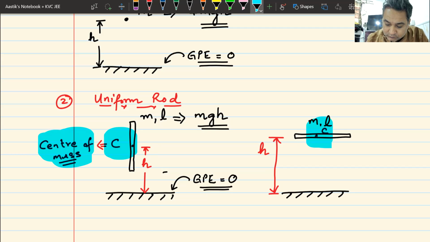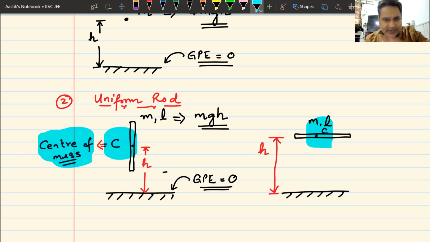Sir, why do we take the center of mass? Let us not get into that. It comes by derivation. We don't know the term center of mass, so I can't explain why the center of mass. If you had known what the center of mass is, then probably I would have tried to explain. But since we still don't know what the center of mass is, it becomes difficult for me to explain it, and it will not serve any purpose right now. I always tell you one thing: need to know basis. You don't need to know this. If you need to know this at some point in time, I will let you know.